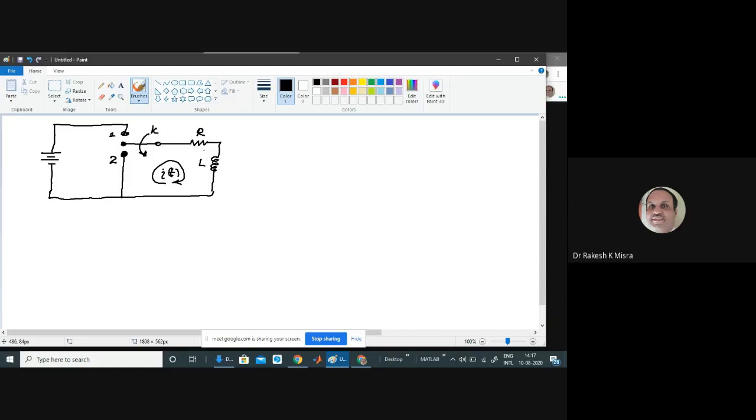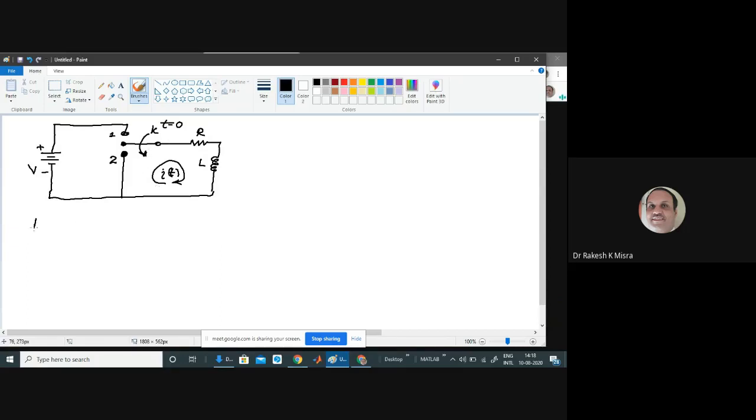Now, here this voltage source is DC voltage source, polarity is plus here, minus here, and we can write a circuit equation when this circuit is going to be complete like this. And yes, of course, this switch is closing at t is equal to 0. So after t is equal to 0, if we want to know the current i(t), then we will be going for the equation of this circuit, which will be first order circuit.